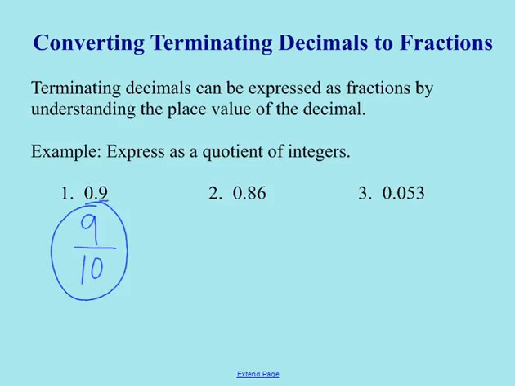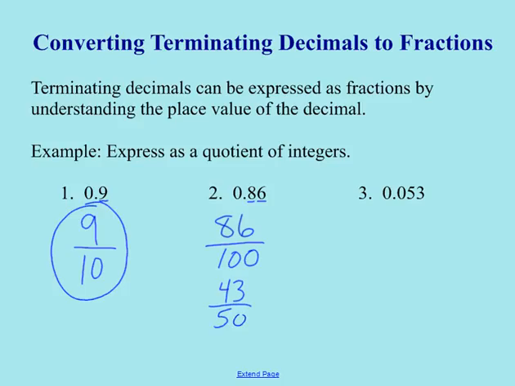All right, so in number 2, 0.86, we have the tenths place with the 8, and we have the hundredths place with the 6. So we could call this 86 hundredths. We can write that as a fraction. 86 hundredths is 86 over 100. Well, now we have to do some reducing. So let's think about this. Well, 2 goes into both. Let's see. So 43 over